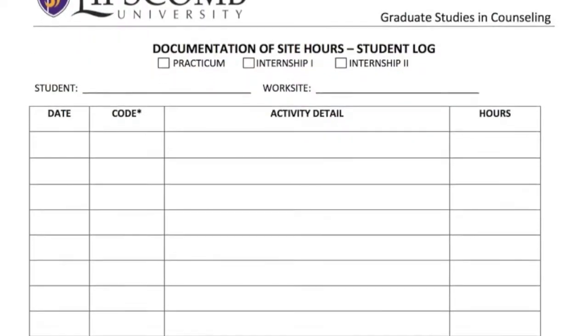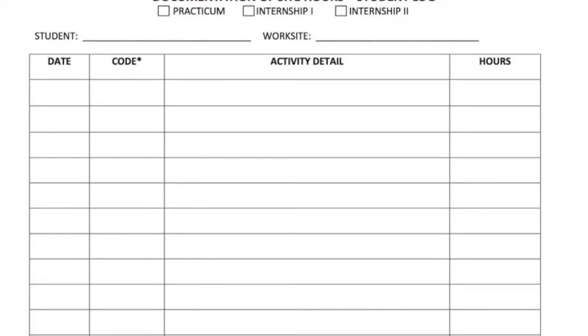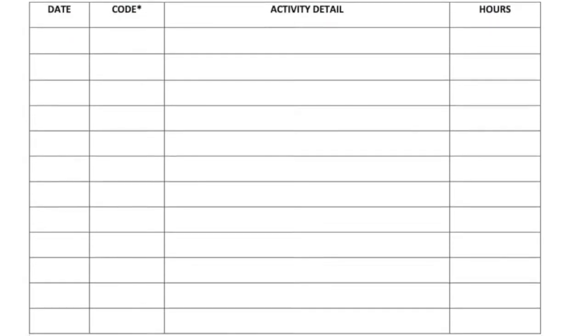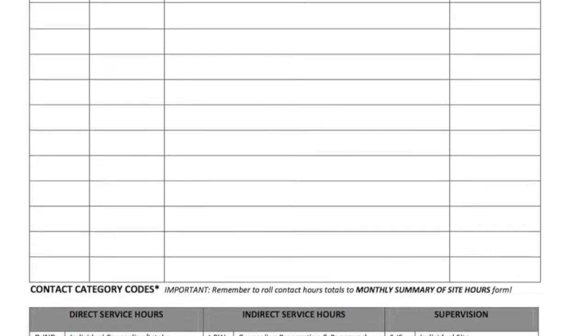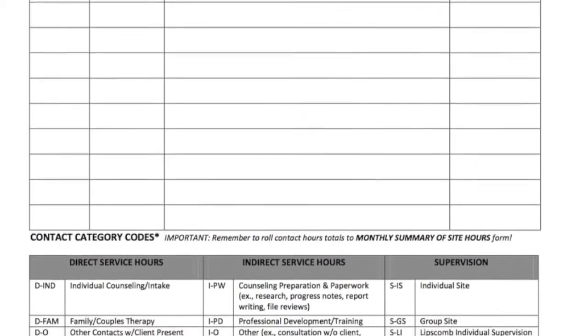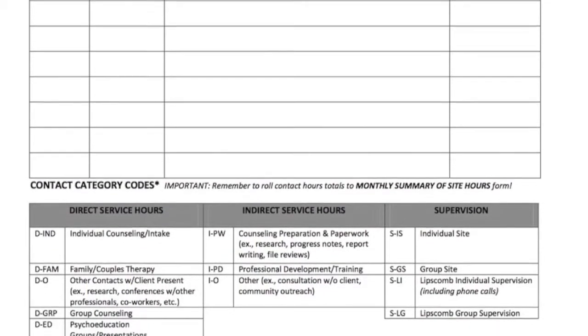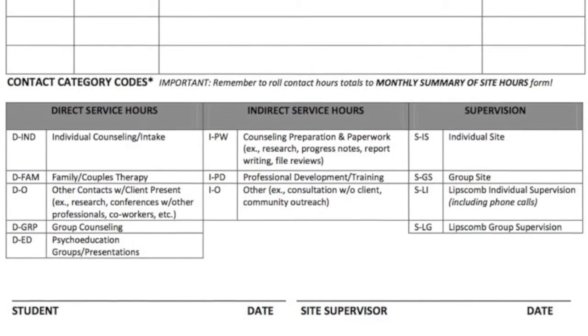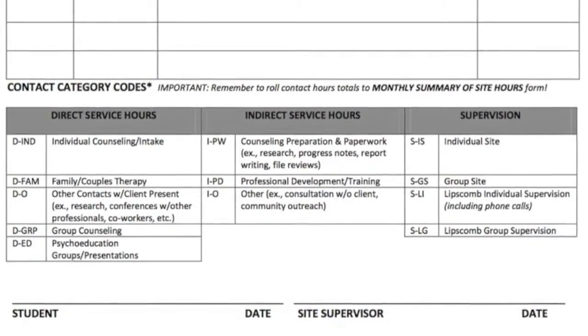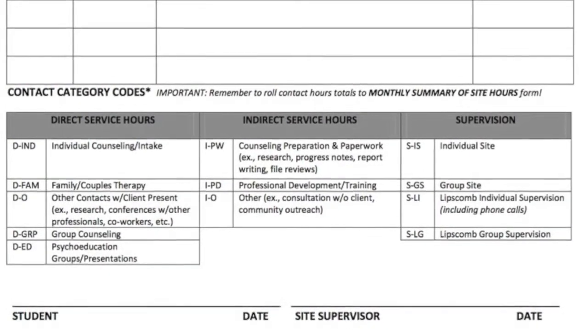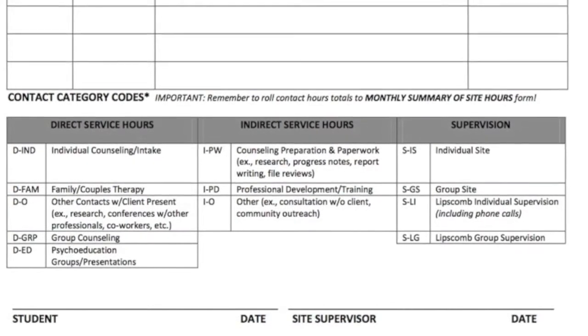So what you're going to be doing, I'm going to show you the log, but you can look at it for yourself, is coding everything. You'll put the date, you'll pick a code like individual counseling or an intake, family and couples therapy, some other type of contact with your client. Maybe you're consulting with the nurse practitioner down the hallway, or maybe you're making phone calls to help out your client. Group counseling, psychoeducation, then your indirect service being things like your preparation for your clients, doing your paperwork,